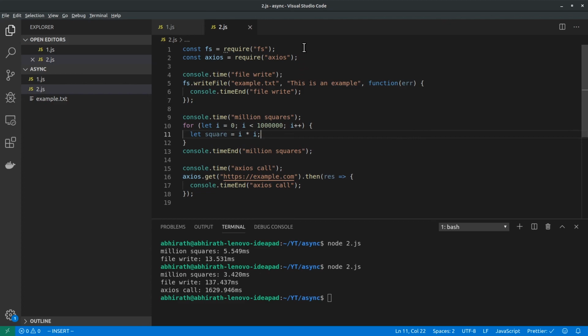Now what if JavaScript were executing this in a serial manner, that is in a synchronous manner, one after the other? This, then this, then this, then this, then this. One after the other, as how most code works. For this to get executed, we have to wait for this to finish, and only then can we execute this. You see the problem here? Let me visit a website for that.